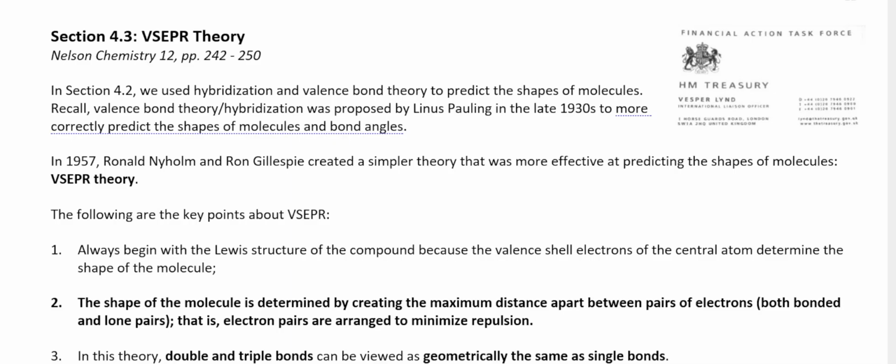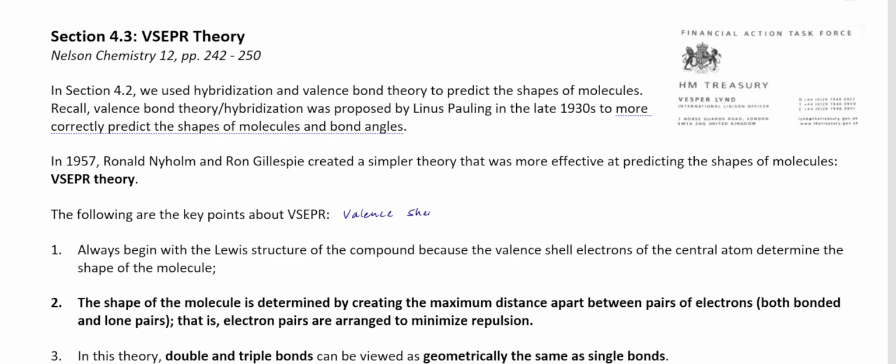In this video, we're going to review VSEPR theory. So previously we reviewed hybridization, and hybridization was a bonding theory. It helped us explain the types of atomic orbitals that form when chemical bonds formed. But VSEPR theory is a bit of a simpler theory, and it's more effective at predicting the shapes of molecules and bond angles. So VSEPR, V-S-E-P-R, is short for valence